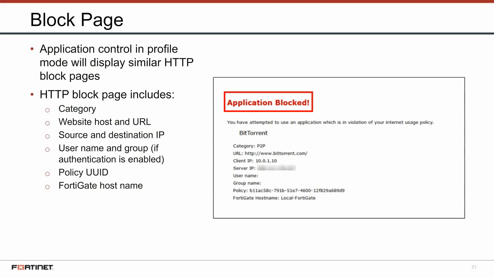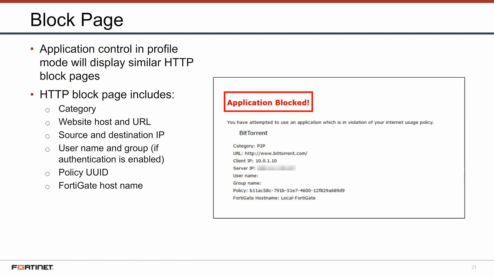For HTTP-based applications, application control can provide feedback to the user about why their application was blocked. This is called a block page, and it is similar to the one you can configure for URLs that you block using FortiGuard web filtering. It is also worth mentioning that if deep inspection is enabled in the firewall policy, all HTTPS-based applications will provide